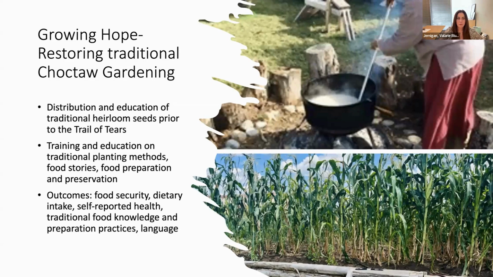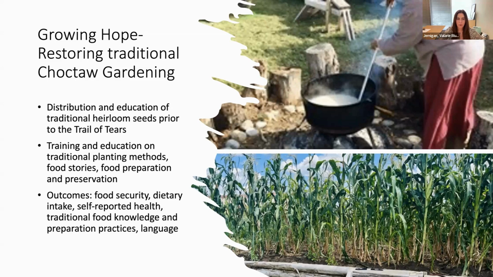activities is the distribution and education of traditional heirloom seeds that were carried by our relatives as part of the process in the Trail of Tears. And the women sewed the seeds in the hems of their skirts and brought our seeds to what is now